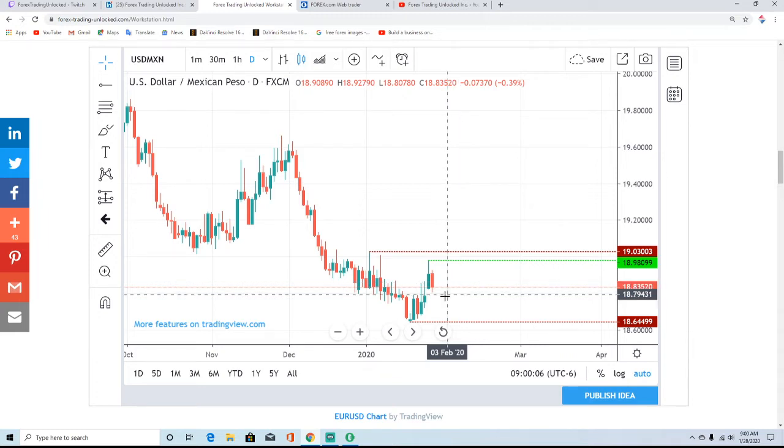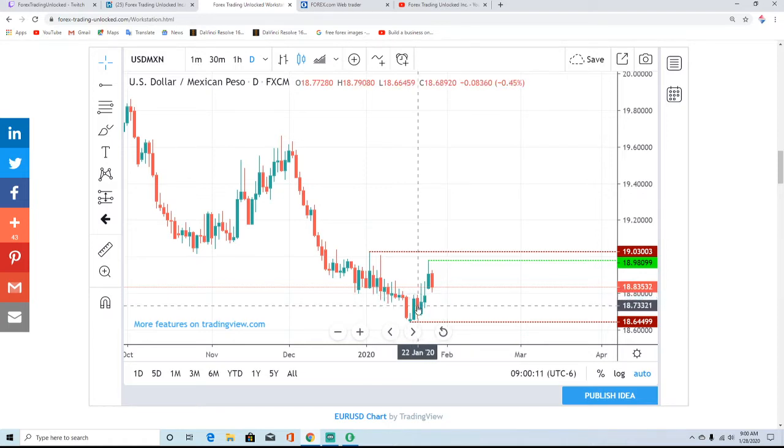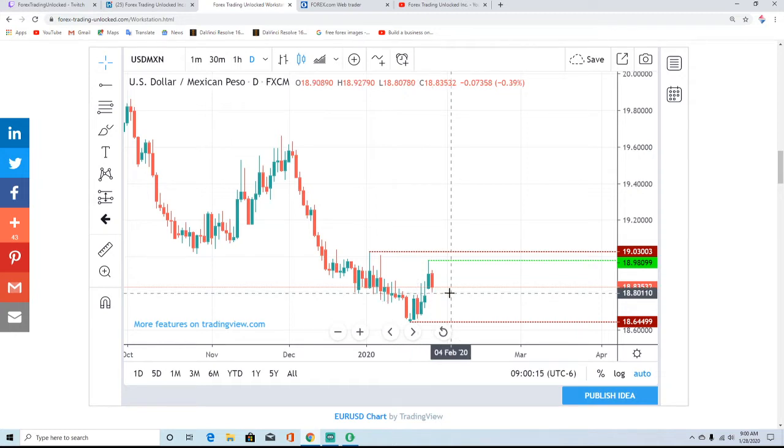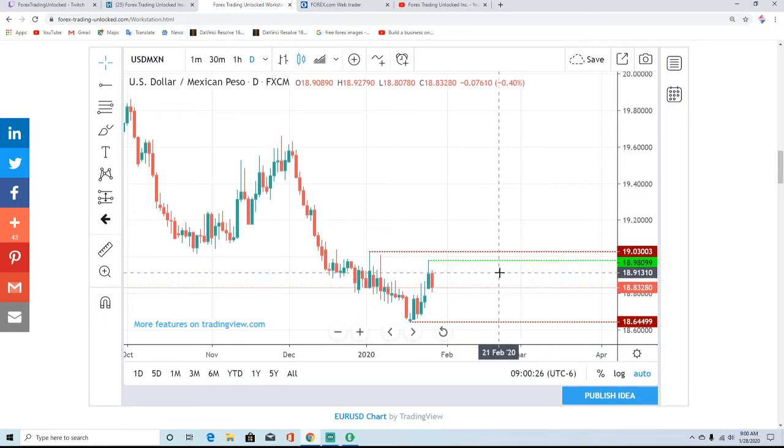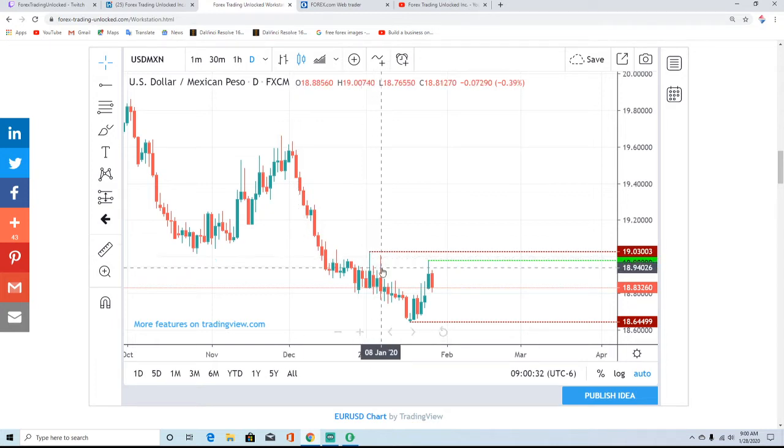Now, we could easily come back down to this level, kind of where these tops were after we made this bottom, somewhere around the 1878 area. And that would be a nice little buying opportunity before we make another run back at resistance. Definitely, if we take out the swing high from yesterday at 1898, we are looking at bullish momentum gaining strength and looking for a challenge of this 1903 prior swing high.